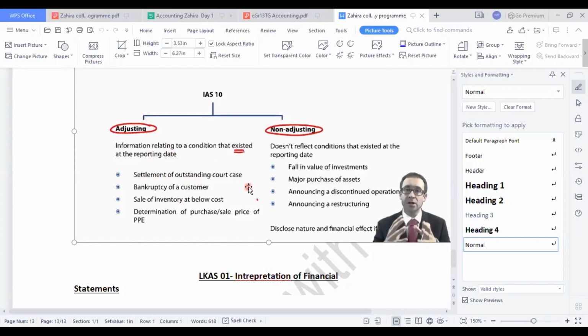You make the amendments that are necessary. Whatever money you should keep or give to the court, you should show it on the financial statement. So whatever adjustment is related to the court case, you should make it. Bankruptcy of a customer. If the business believes that this customer is one of the major customers of the business,